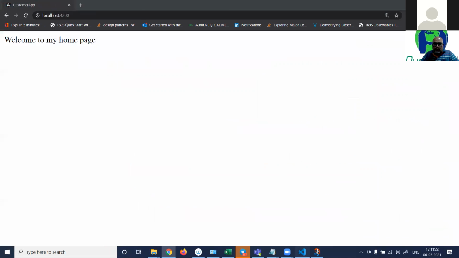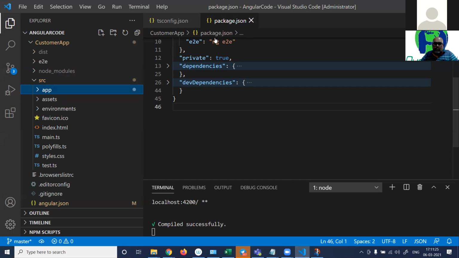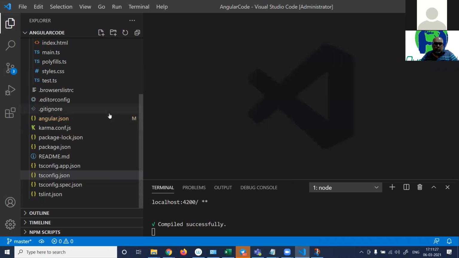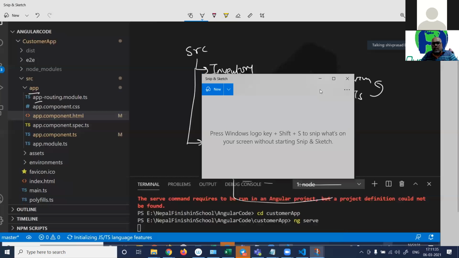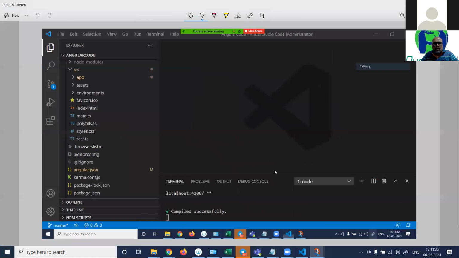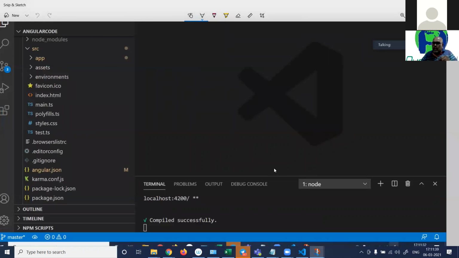Okay, now coming to the main point: how does Angular start? How does this whole bootstrap life start, right? So I'm going to put up this snapshot. When you go to localhost, port 4200, and you press enter, the first thing which runs is the index.html page.